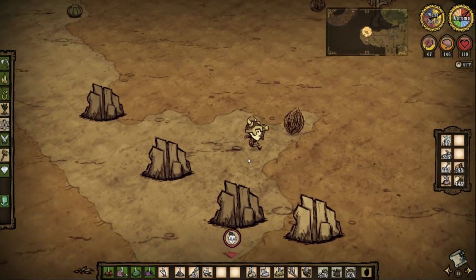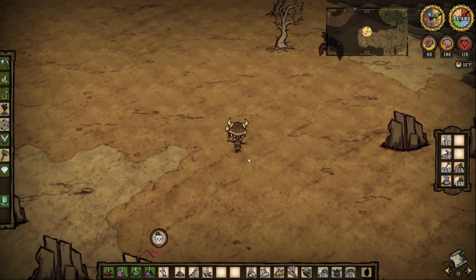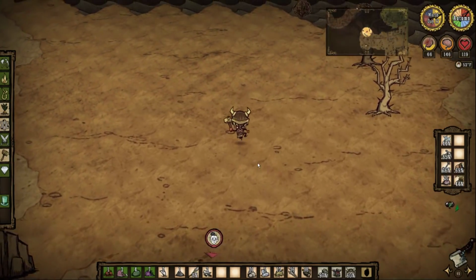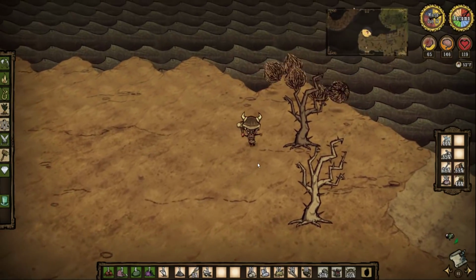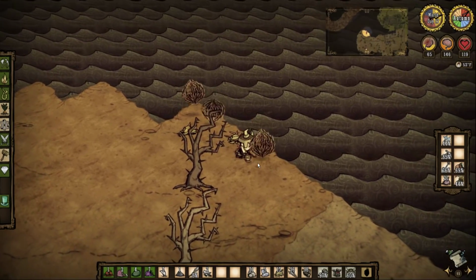So many of them. I don't have a hammer to get the pigs. All I need is rock, grass, and twigs. Don't I have stone? You needed it, it was tier 1 crafting though. No. Oh. Oh, look at all these lottery